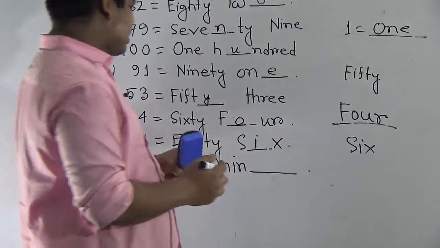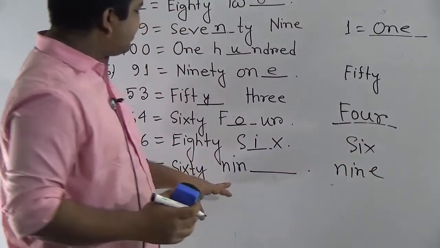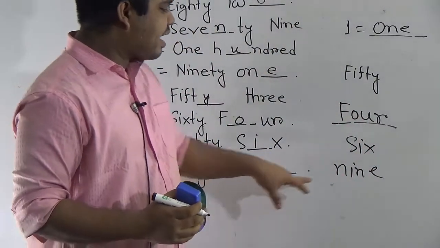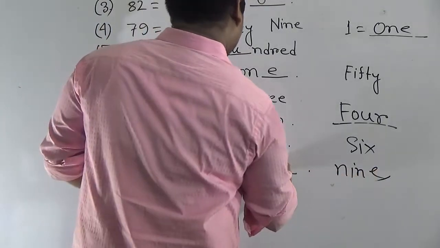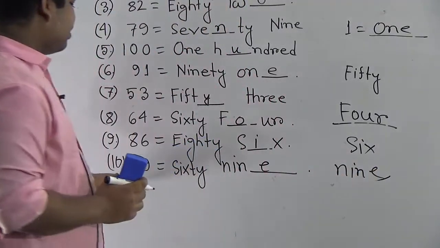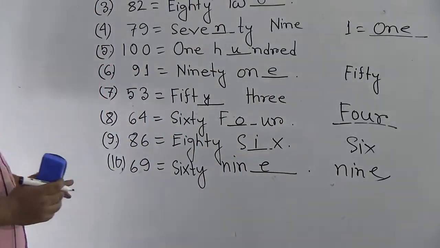To know this, we write the spelling of 9, NINE. Now you notice these two spellings, NIN dash and NINE. So here E is absent. So we write in the gap E. So 69. I hope you have understood questions number